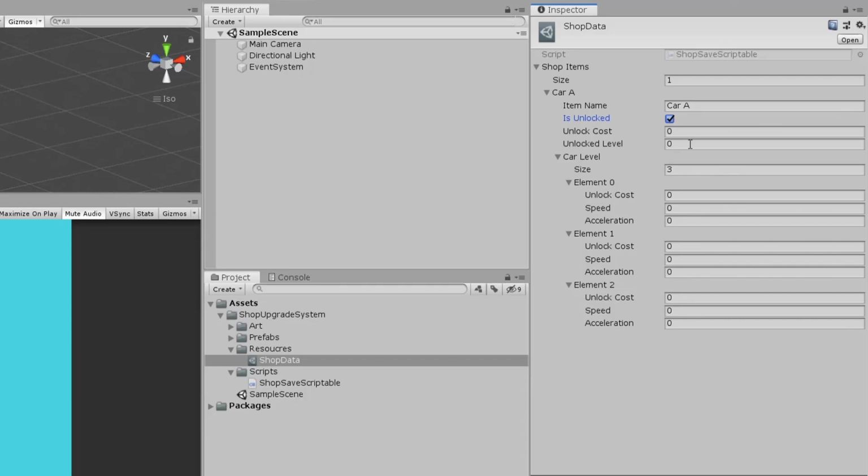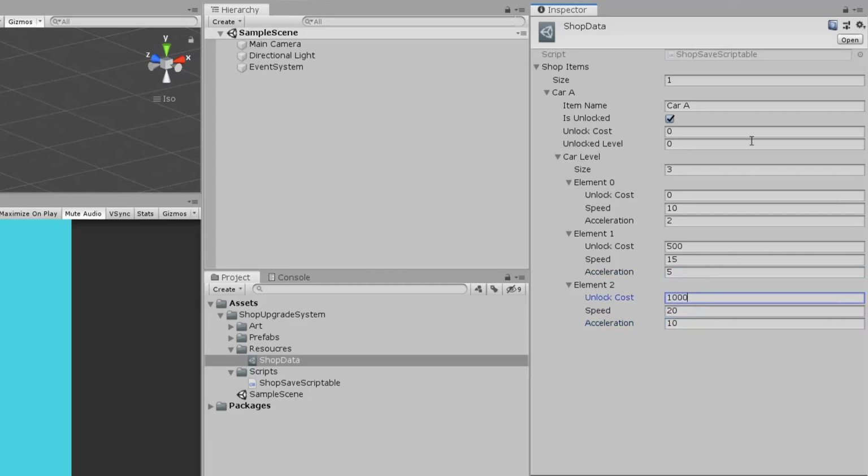So the unlock level has to start from 0. As this car is unlocked, for the first element the cost will be 0, speed let's say 10, acceleration 2. Then for element 1, let's say cost 500, speed 15, acceleration 5. Then speed 20, acceleration 10, and